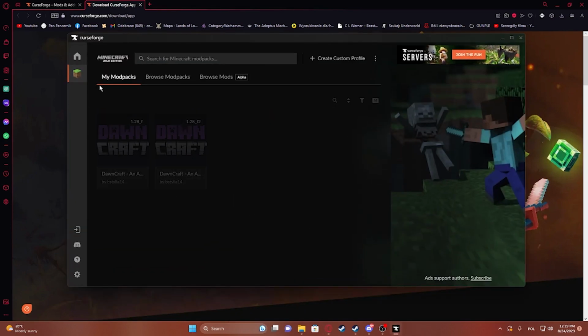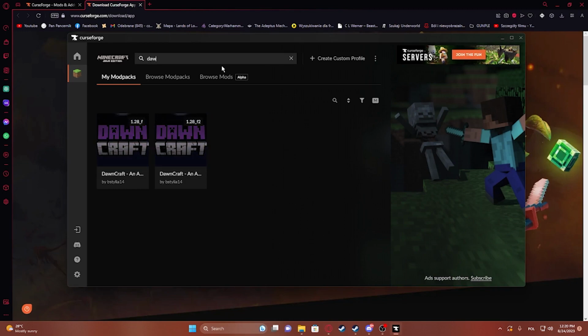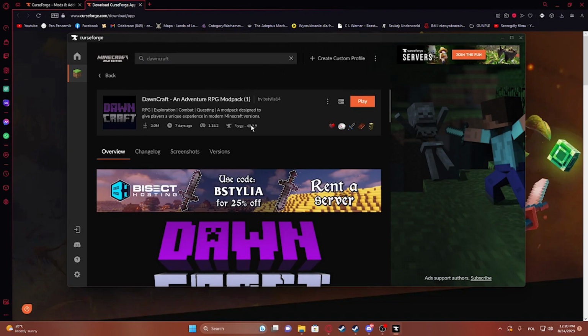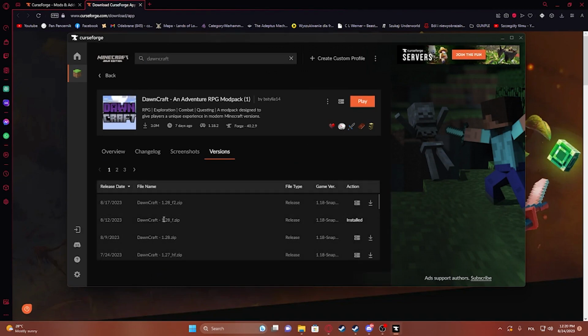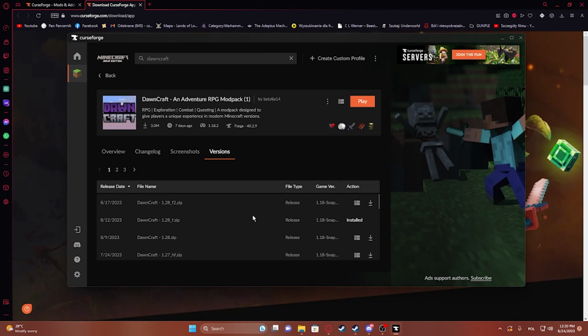Here, select Minecraft, and you probably already downloaded Dawncraft, one of the versions at least. So we're going to search for Dawncraft. Select it, then go to the versions, and inside there are all of the previous or current versions of the game